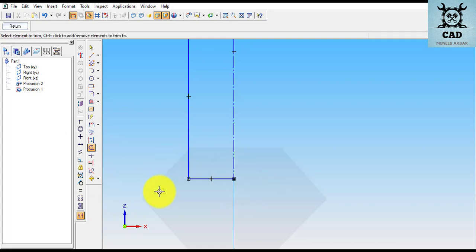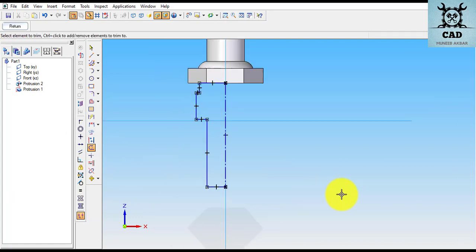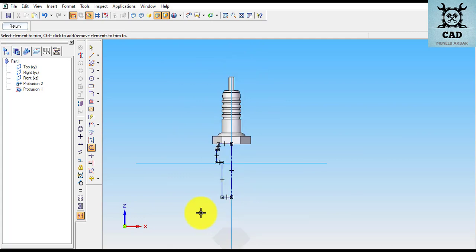Trim this line. So you can see that it's almost completed. So that's done. But one thing which I have missed is